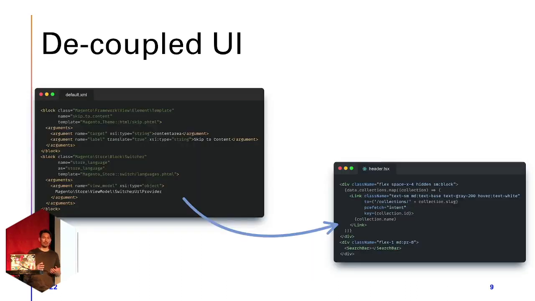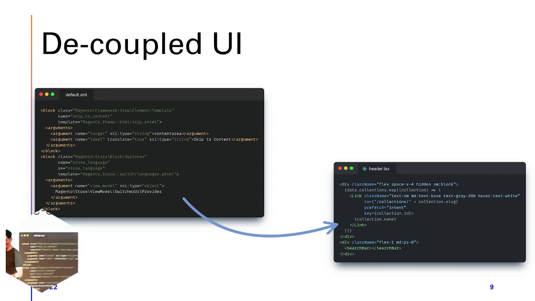Another aspect is we've now decoupled the UI from the server. And one thing this means is that we're freed from the templating systems imposed on us by the back-end system. So in this example here, you see on this side, you have the old legacy, ugly XML templates of Magento. Whereas on this side, we have the sleek, modern XML templates of React. So there's progress there. No, but seriously,